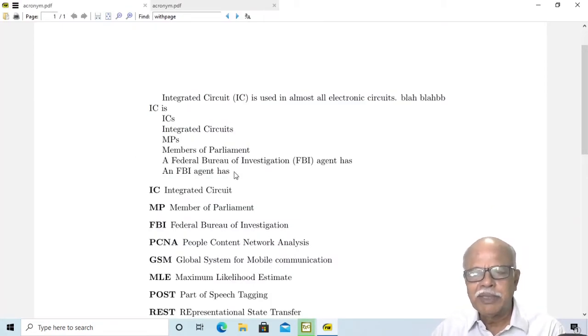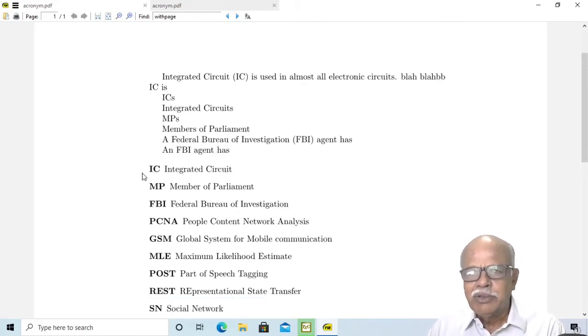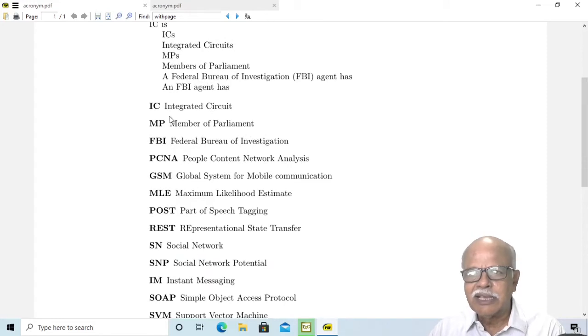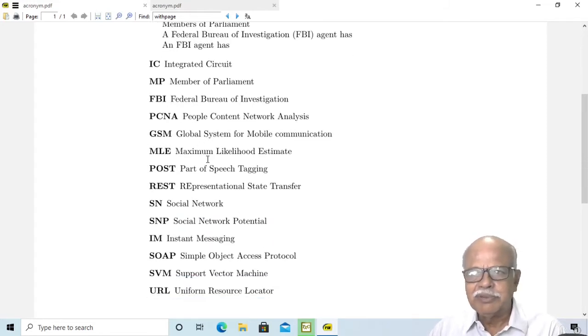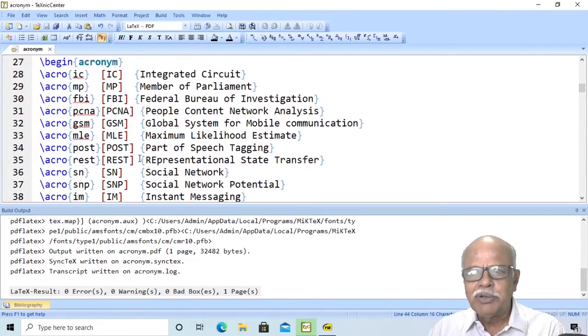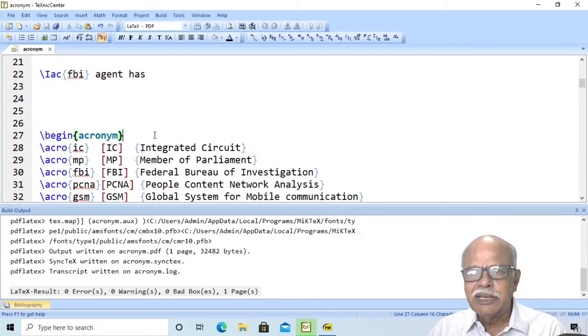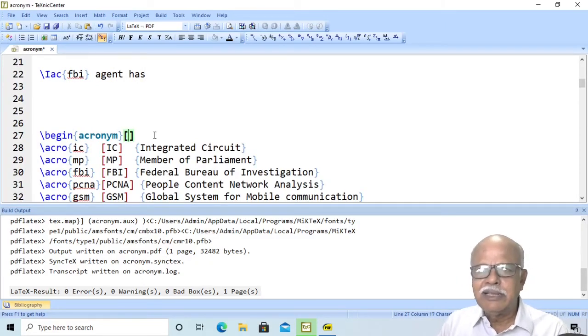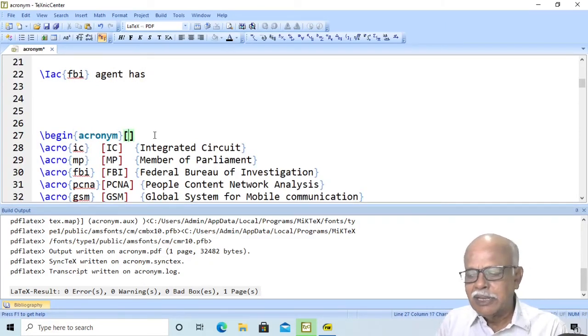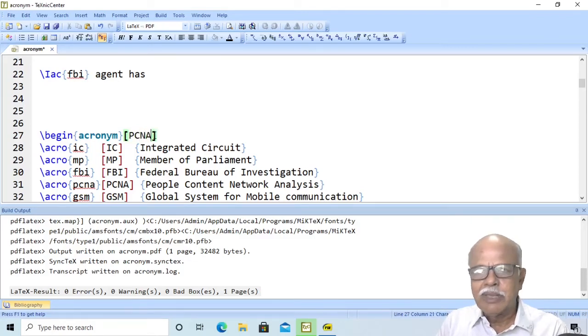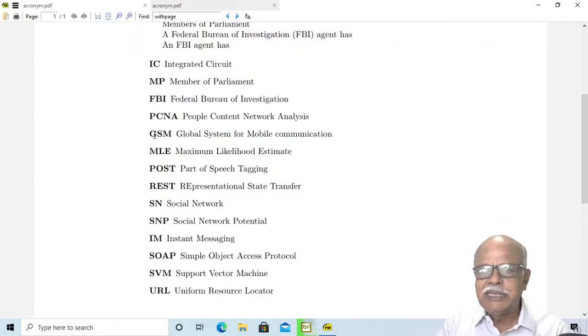Now, let us say you are not satisfied with the format of these acronyms. They don't seem to be appealing. What you can do is, here you can say within the option bracket the longest label, PCNA.